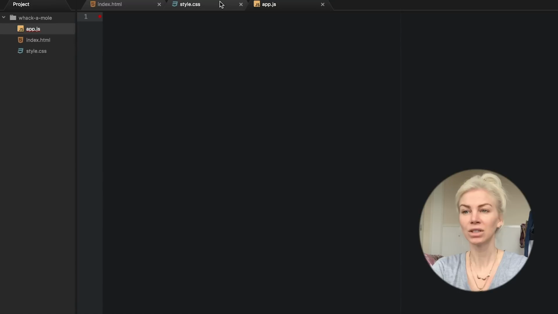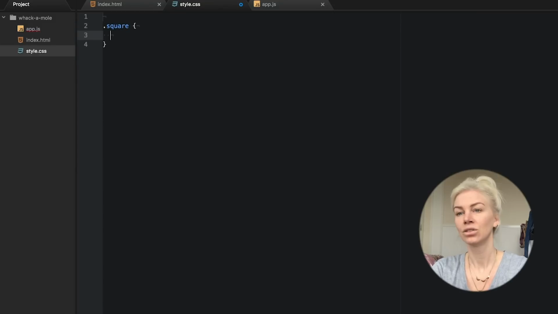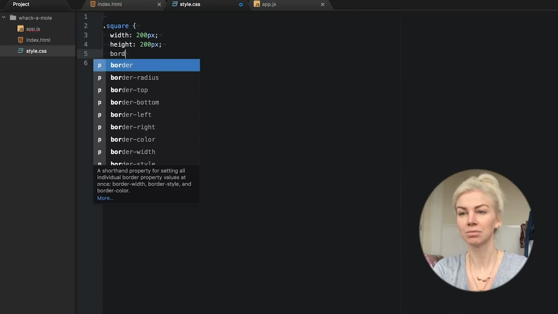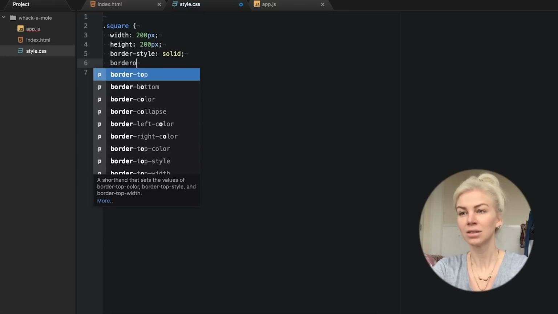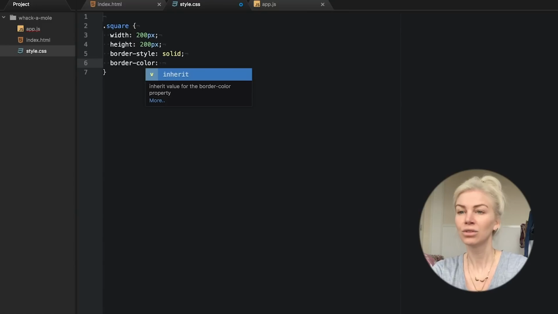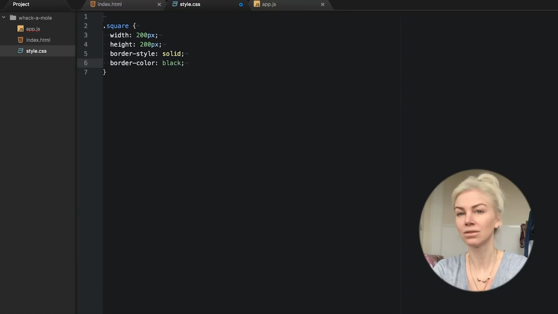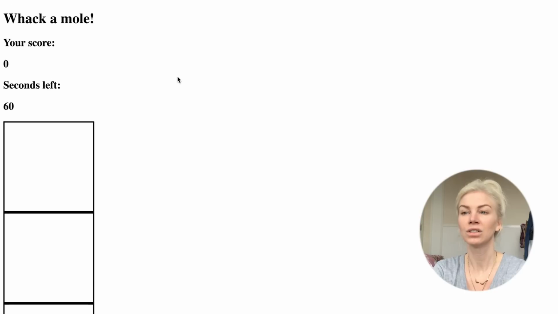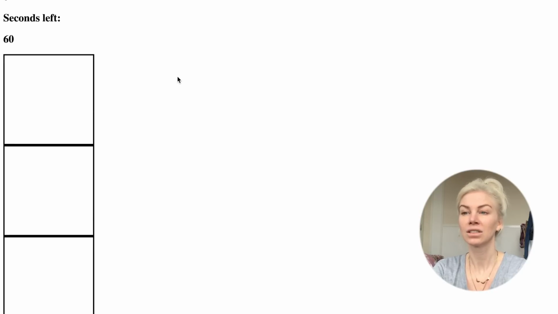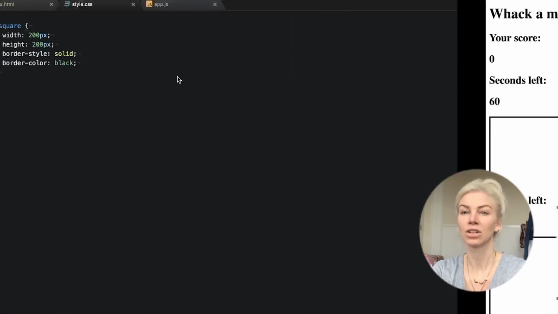So now let's flip over to our CSS file in order to render our divs into a visual grid in the browser. Using .square, I am looking for class names called square in our HTML file. This is what dot essentially means, class name. I am giving them each 200 pixel width and height, as well as some additional styling. Feel free to go wild with your own colors, border styles, and fills. If you save the file and open up your browser by right-clicking the index.html file, this is what you should see. The 9 divs we just styled stacked on top of each other.